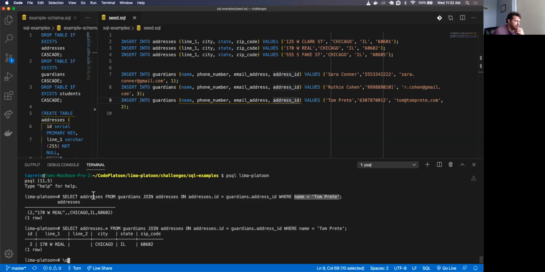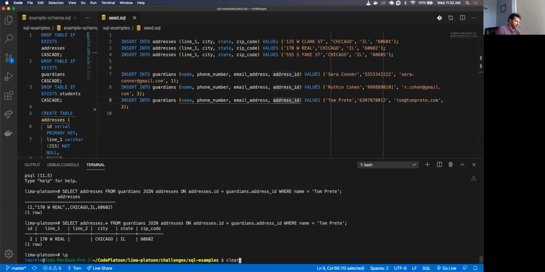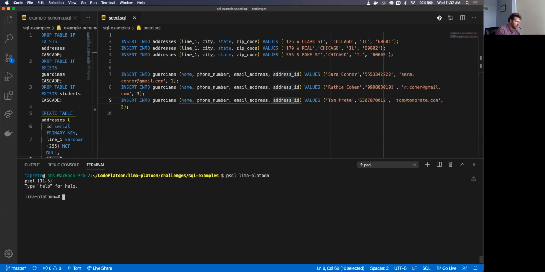Select the entire addresses table from the Guardians. I'm not following the logic there. So I'm literally just saying, just grab all the addresses information from the Guardians. It's kind of how we, if you look on, let me quit it, clear. Because I want to grab,